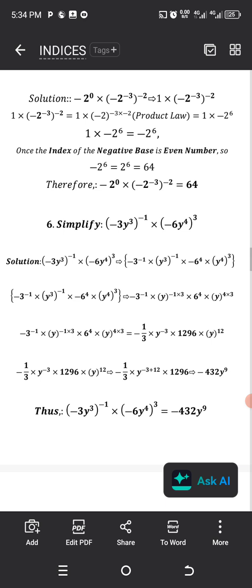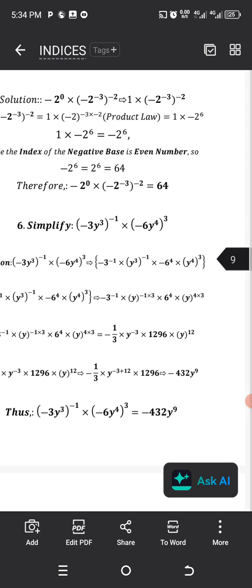So the first thing is that you apply product law. So applying product law, we are having the expression as minus 3 raised to power minus 1 multiplied by open bracket y raised to power 3 close bracket everything raised to power minus 1. The same thing to the other one, that is multiplied by minus 6